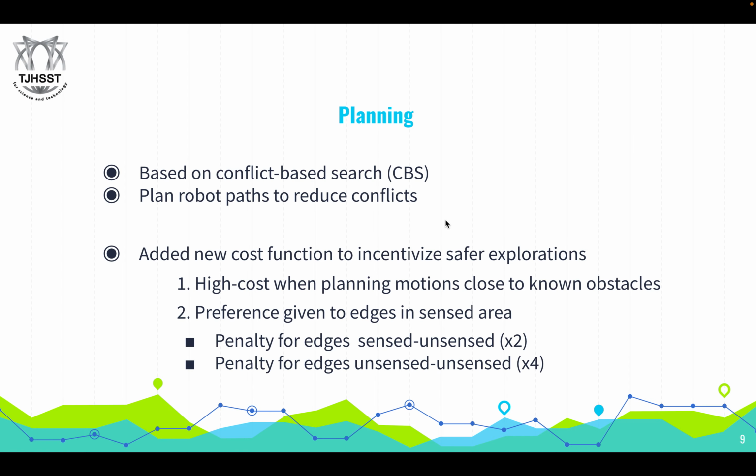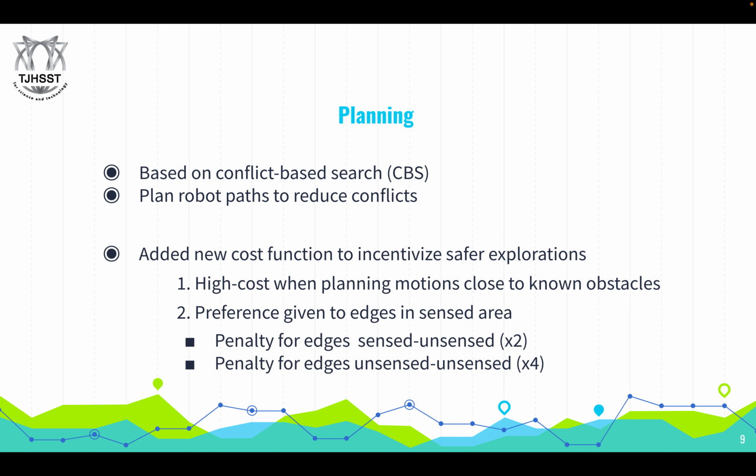So the planning algorithm that was in place is based on conflict-based search, which is an extension of the TJ-STAR algorithm, and it uses robot paths to reduce conflict, like the conflicts that will occur at the intersections of these paths. So I added a cost function to this conflict-based search planner to incentivize safer exploration, so it'd be more accurate